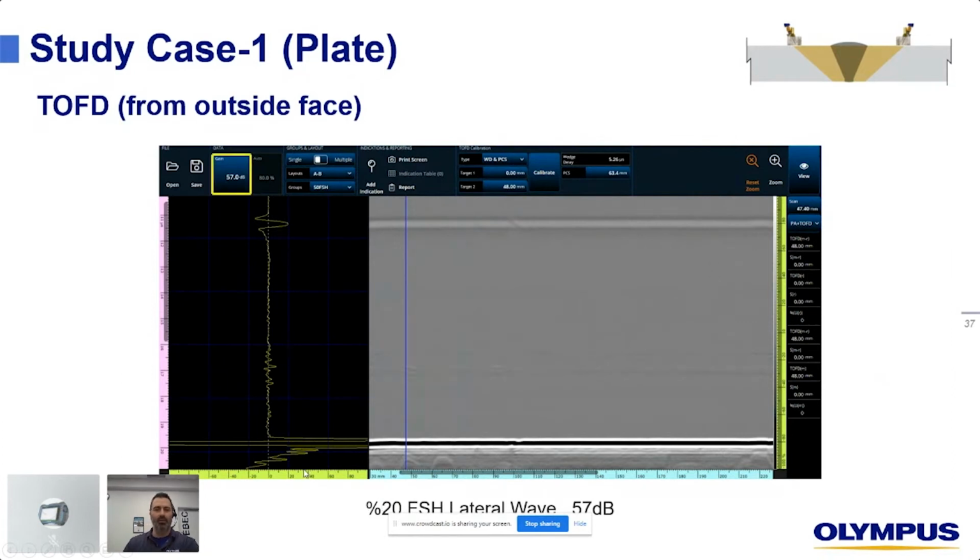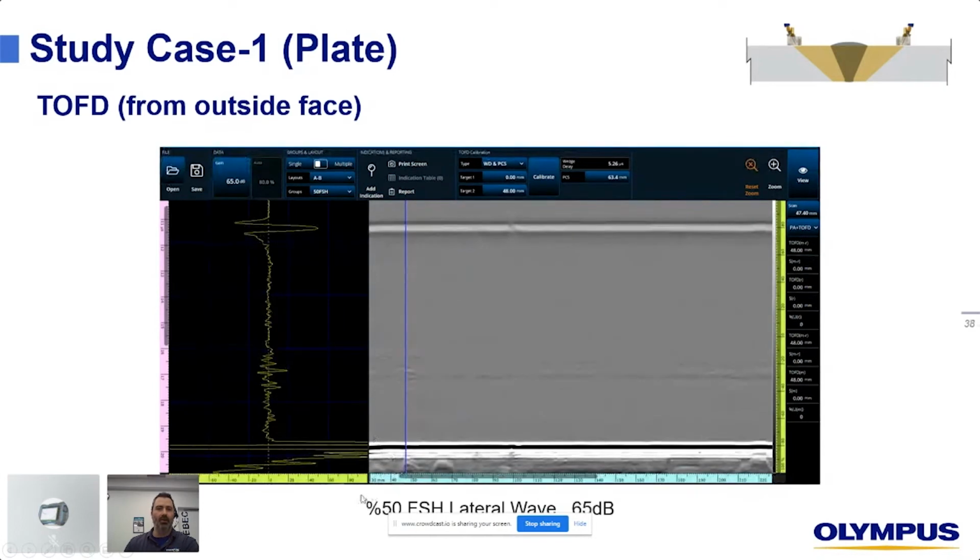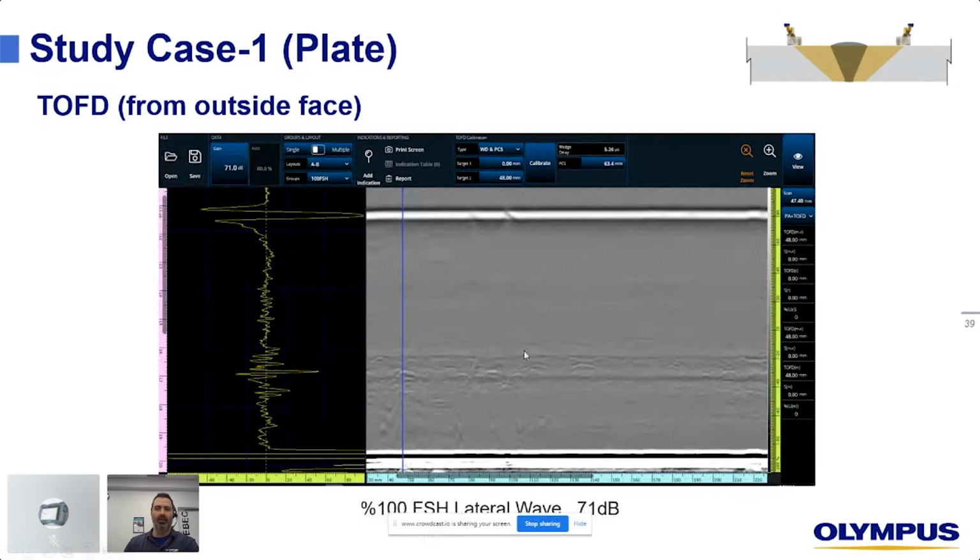If you increase the gain, and that's why it may become handy to have 2 separate groups for this inspection, to have a 50% lateral wave, we can see some diffraction or scattering starting to happen. And if we further increase it to 100% full screen height, now we can actually see where it's located.